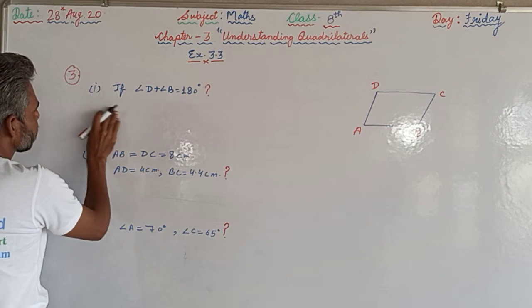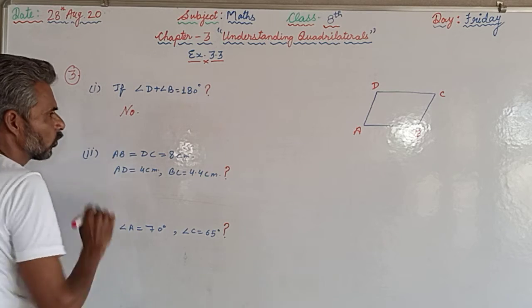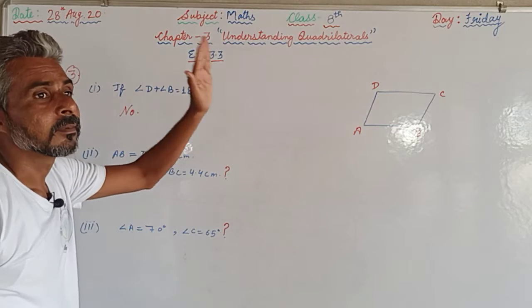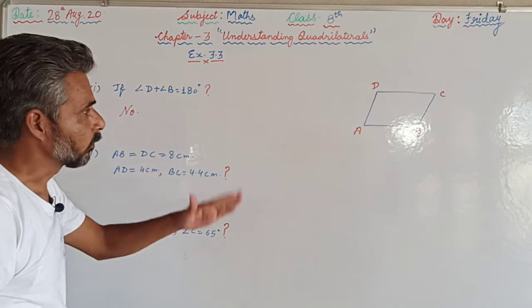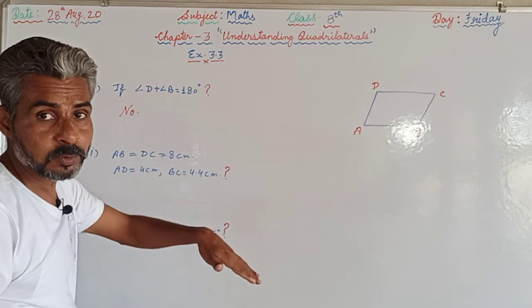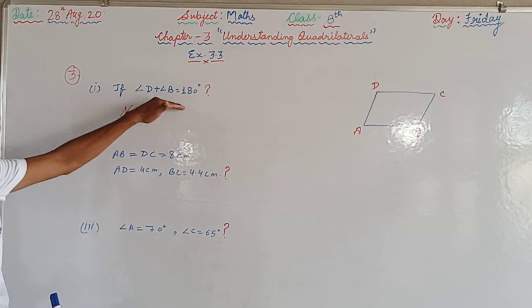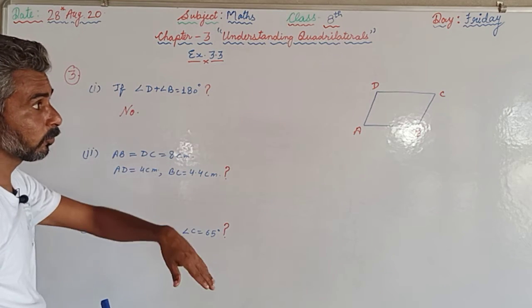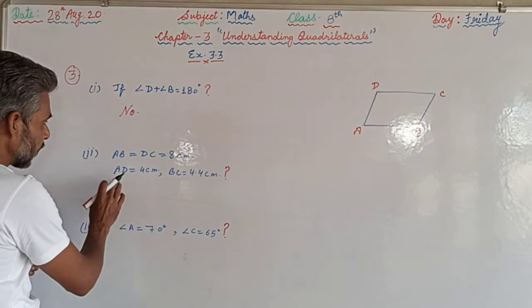In this case we can say no, that is not a parallelogram. That can be a rectangle or that cannot be a rectangle, because it depends on the other two angles also. So that is not a sufficient requirement to be a parallelogram. The sum of the opposite angles being 180 is not the complete information regarding this.